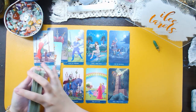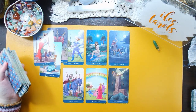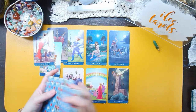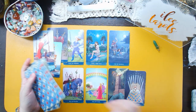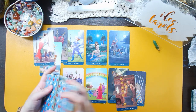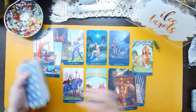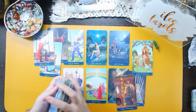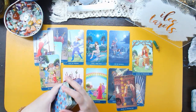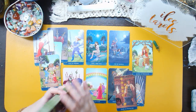I think, okay, I think I know. Okay, one more. I need to see the Tower here. And this is good news because who is this Queen of Cups? Okay, so initially I thought it was news, but I think it turns out to be that